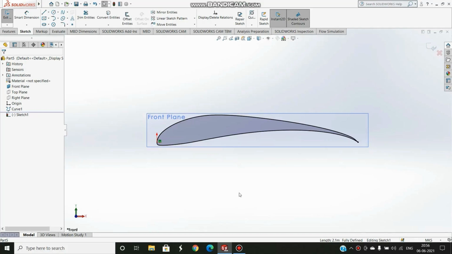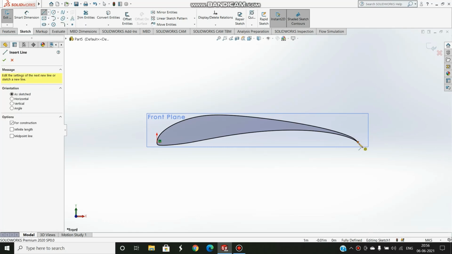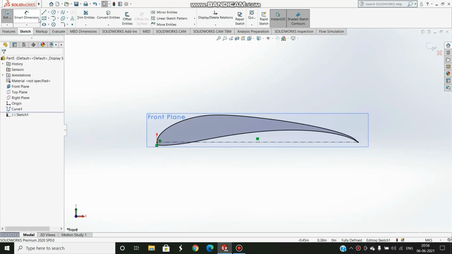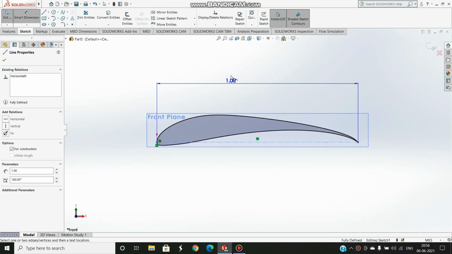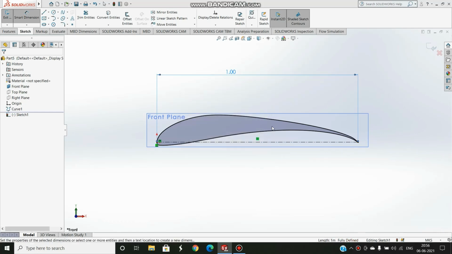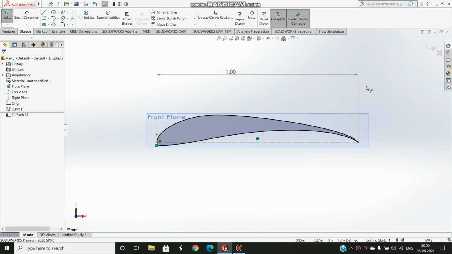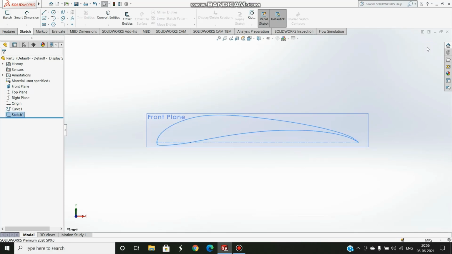So today we'll be learning how to create a swept back dihedral wing on SolidWorks. For those who don't know how I have created this, you can refer to our previous tutorial. One thing I've missed here is making the center line. Then I'll be using smart dimensions to check its length. It's 1 meter. Yes. Now what you'll have to do is exit sketch here.